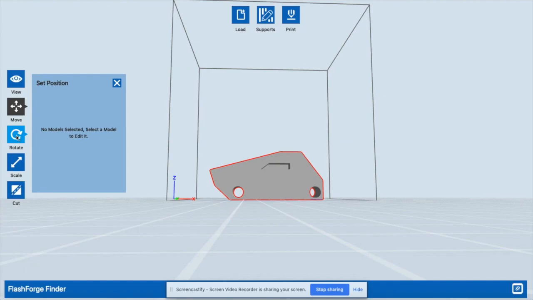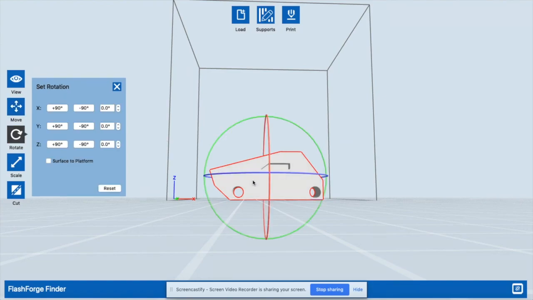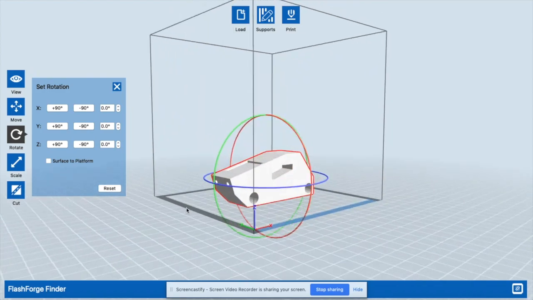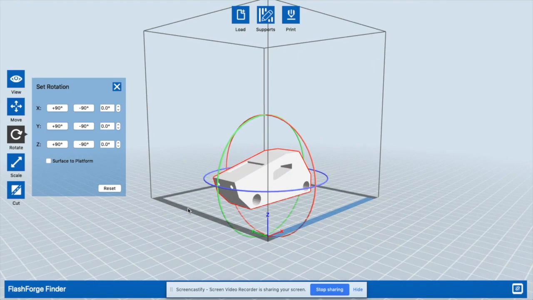Now let's take a look at Rotate. So if we click on Rotate in our model, this will allow us to move our piece any way that we want. So if we click on red,